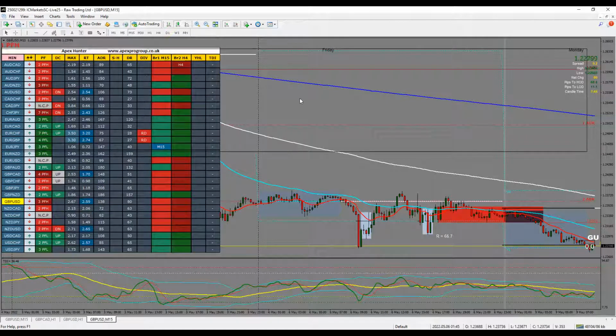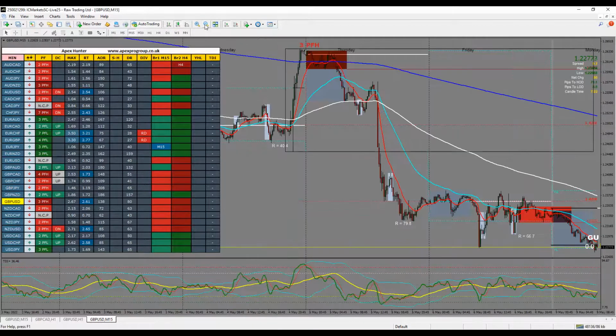So let me see. Here on M15, we can see that the current market structure is bearish, which agrees with the break at M15. So let's have a look here. Zoom out. So this, I think, is the H4. Yeah, so H4, we had